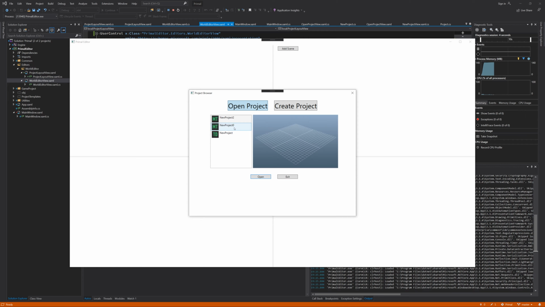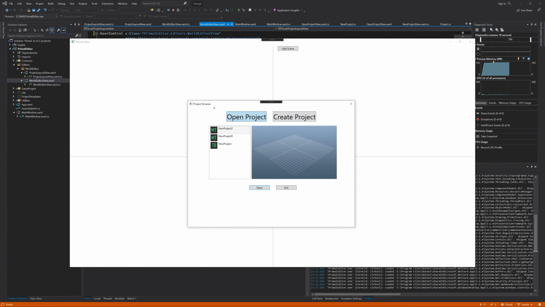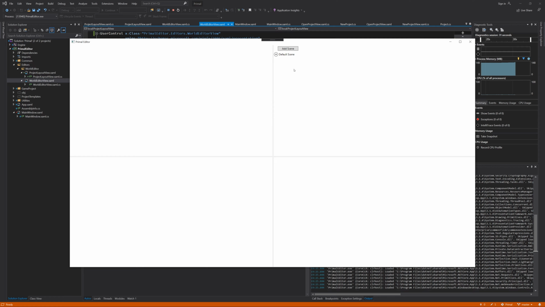One thing I also want to do is that whenever I open this project browser dialog, I want the first project to already be active and selected. So I can just hit enter and it will open it, instead of me going with the mouse pointer over it and trying to select it. So now I open that project. I can see that there is this default scene, and